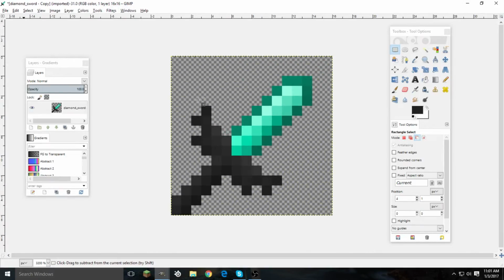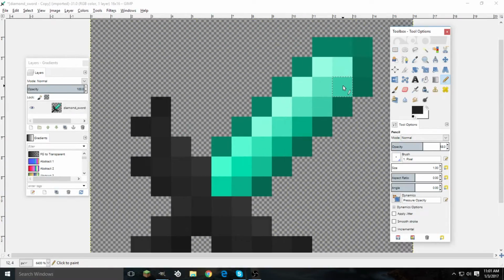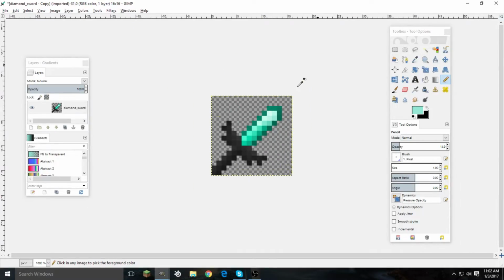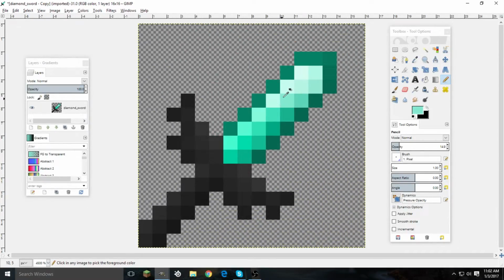Here's the diamond sword shaded. I don't know. You can even customize it more, so that it's more to your liking, I guess. You could do it like that. Yeah, because if you see some of those really detailed packs, they're not always real great for PvP, but if you go like that, oops, I'm gonna turn that down. If you go like that, you get a really light sort of look,